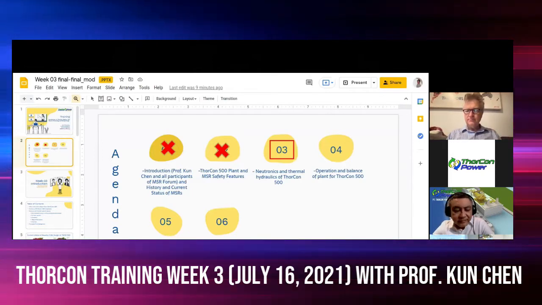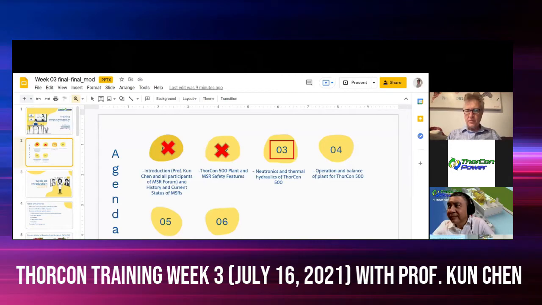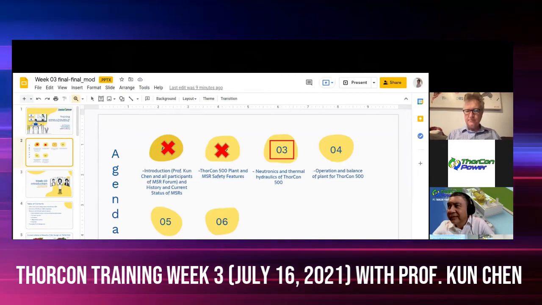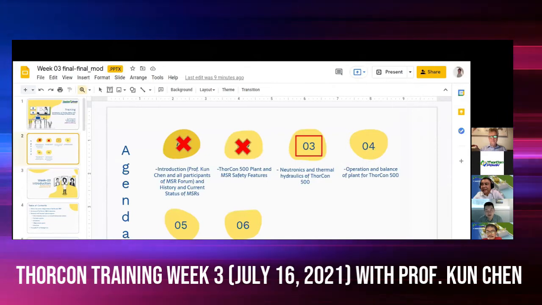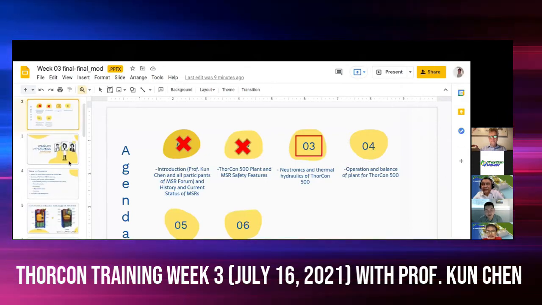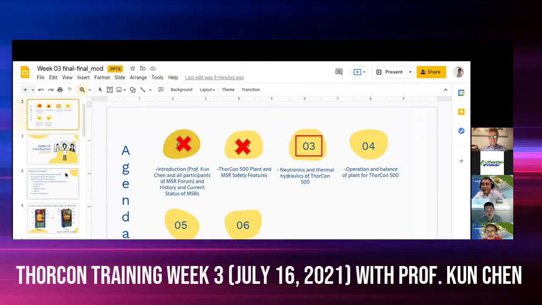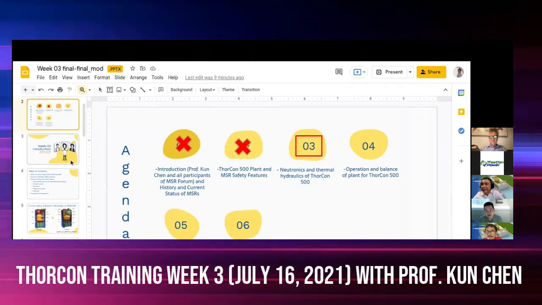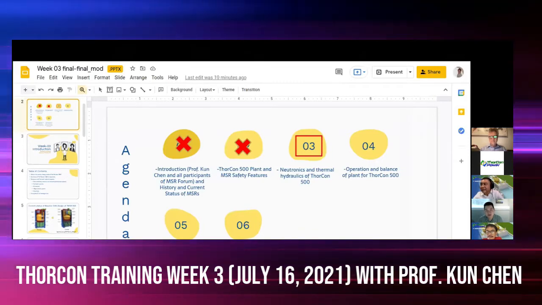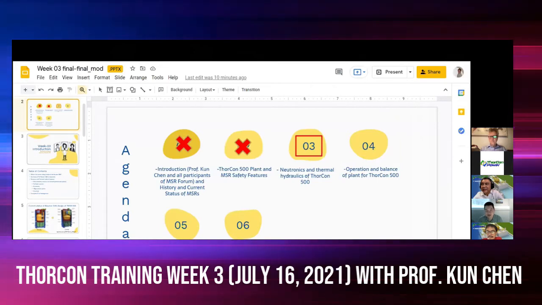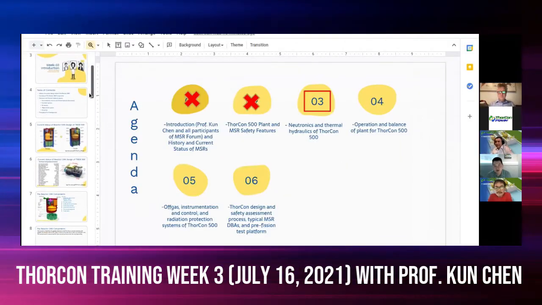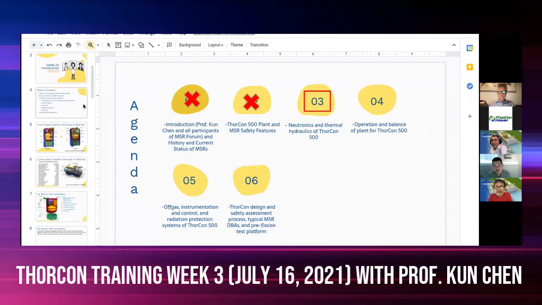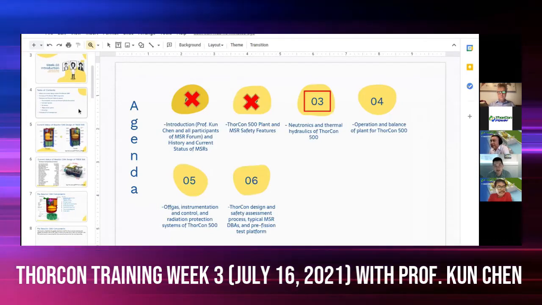So we got two guest speakers here. First one is Mr. Lars Jorgensen, and he's our CEO for ThorCon US. And Lars is going to introduce a little bit of history about the evolvement of the ThorCon core, because a lot of people here have seen the several versions of the old ThorCon core, and Lars is going to introduce the improvement and the reason